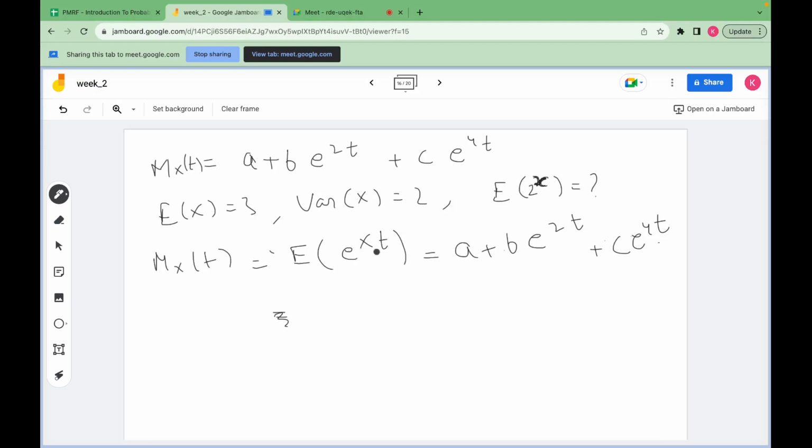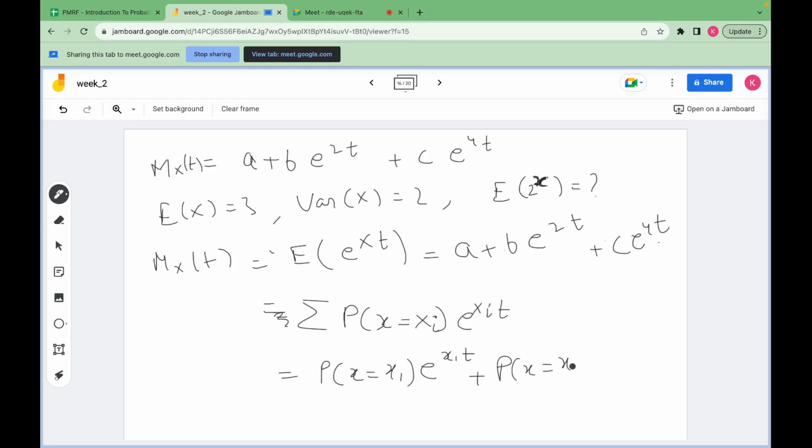So this is the expectation of e to the power xt, which can be written as the summation of the probability that x is equal to xi into e to the power xi t, right? So by comparing this, I say P(x equal to x1) into e to the power x1 t plus P(x equal to x2) into e to the power x2 t, and so on. So if we compare this and this, what we get is that for x1 equal to 0, we have